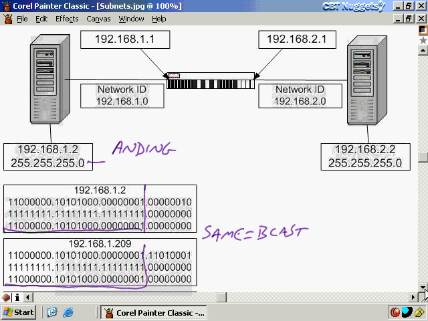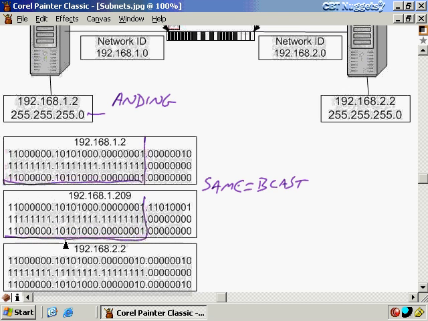Now then, how will this host know that it's supposed to send a packet to the default gateway instead of allowing it to go around in its own broadcast domain? Well, it starts off doing the same thing. It still does ANDing, and it still has within its memory, actually, this ANDing result for its own IP address, and then it compares it to the destination IP address. And in this case, if it wants to send something to